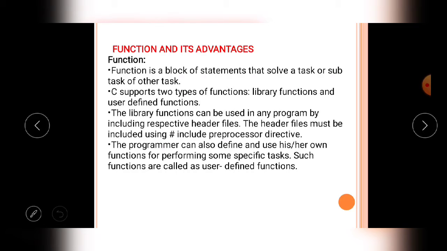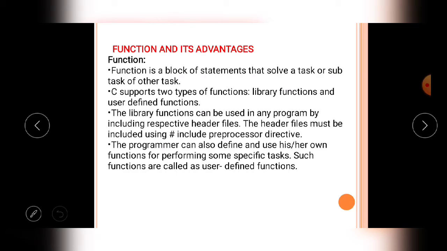Function definition is like this. Function is a block of statements that solves a task or subtask of another task in the C program. Means function is a block of statements. What is the meaning of block of statements? One or more statements clubbed together and enclosed in curly braces, constructing the block with the help of some statements.